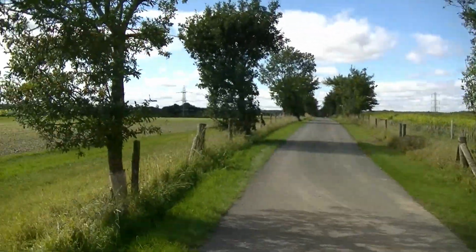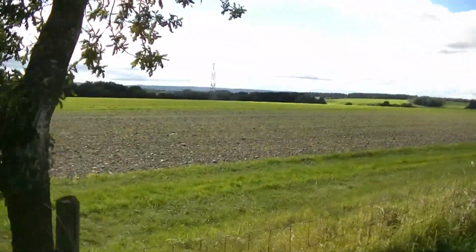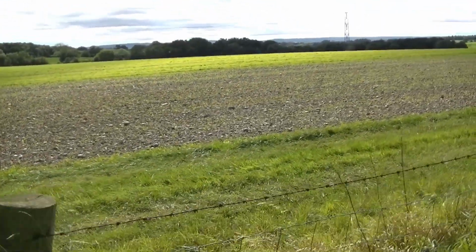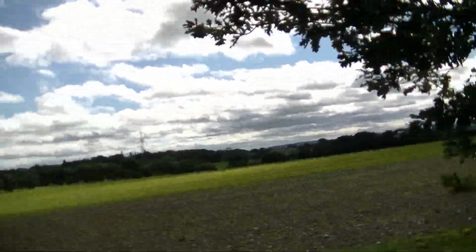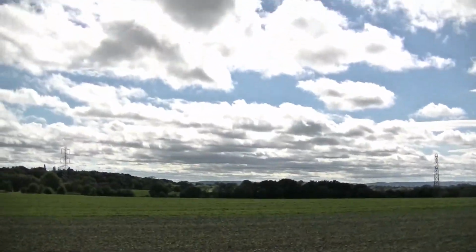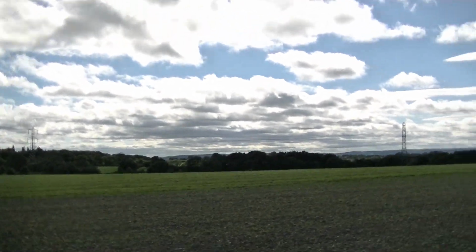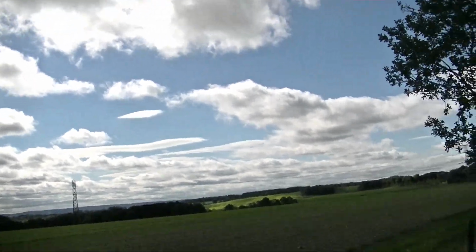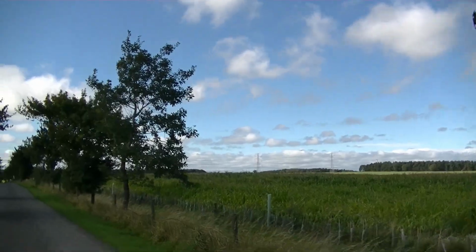It's an interesting time of year because a lot of the crops have already been harvested or are due to be harvested. Some of the fields like this one have been reploughed and sown with the winter crops, so it's very much a change in sort of scene in the countryside, not to mention of course the leaves starting to change colour, and you're seeing all the berries coming out,